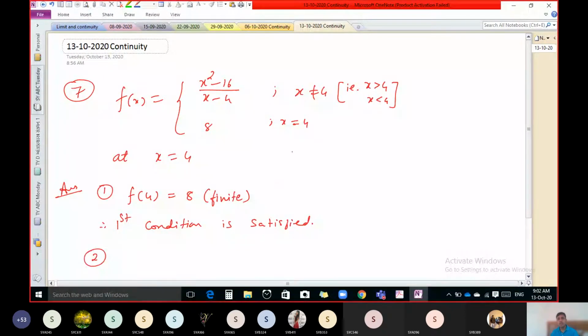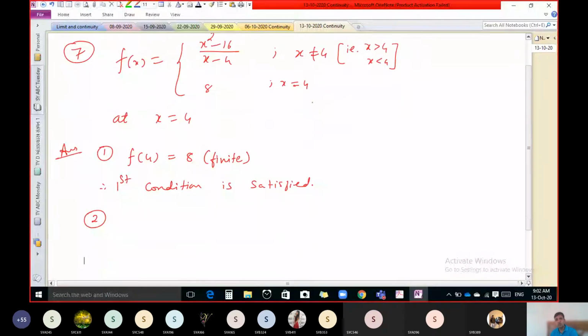Now see, whenever the not equal to sign is there, no need to find out the left hand and right hand limits separately. You can find this only, because x tends to 4 indicates either x is more than 4 or less than 4, but not 4 and very near to 4. So in both cases, more than 4 or less than 4, the value of function remains the same, (x square minus 16) upon (x minus 4). And we know how to solve this question.